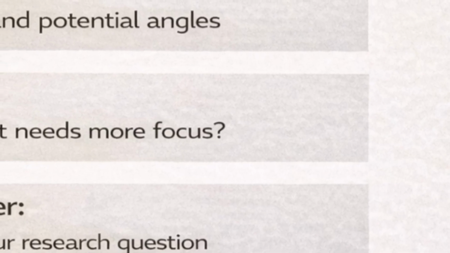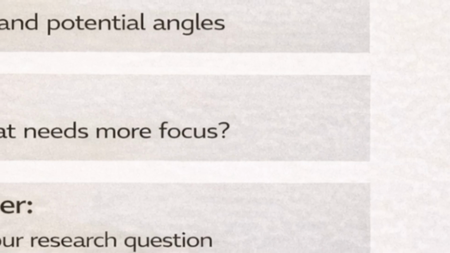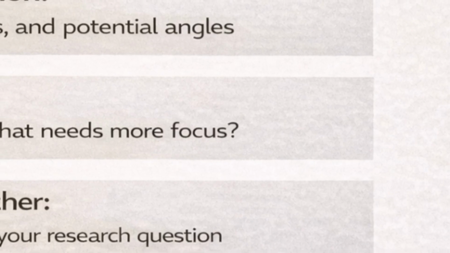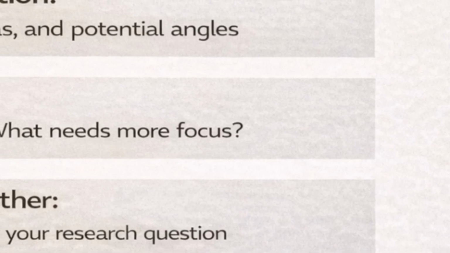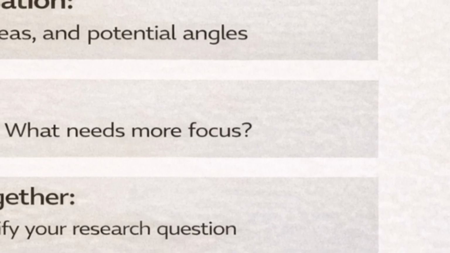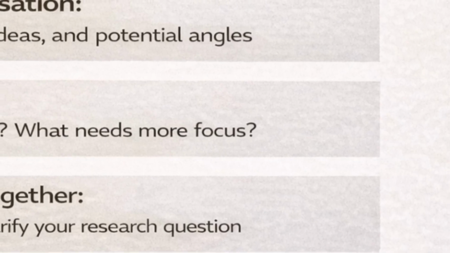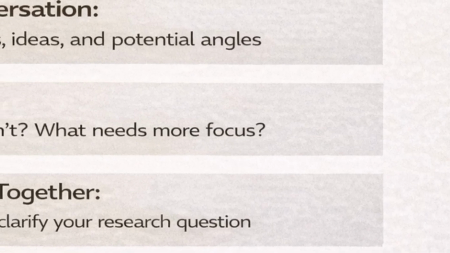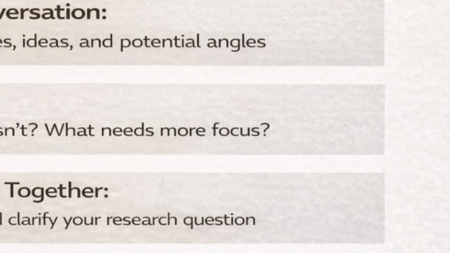Iterate and refine. It's rare to walk out of the first meeting with a fully approved topic. Think of it as an iterative process. Your supervisor might say, Idea A is too broad, but idea B within that could work. Or, I like this angle. Have you considered incorporating theory Z to strengthen it? Take their feedback and do another round of literature search if needed. They might drop names of theories, methods, or prior studies. Go look those up. This back and forth will hone your topic.